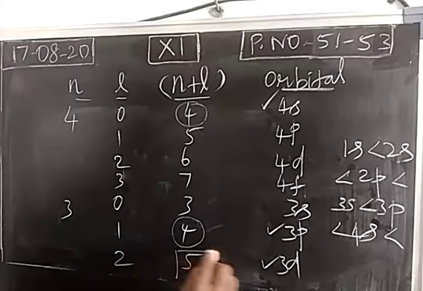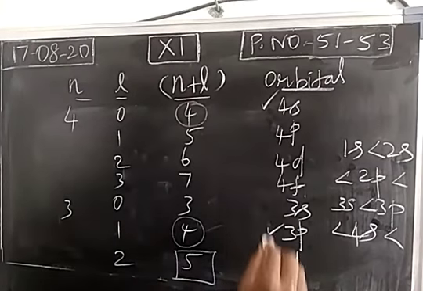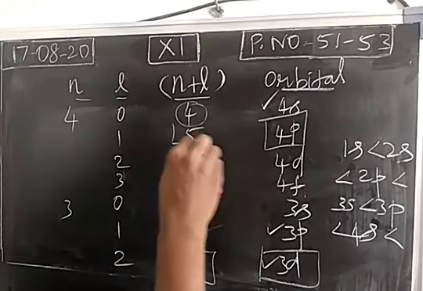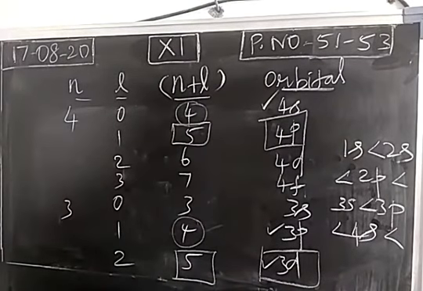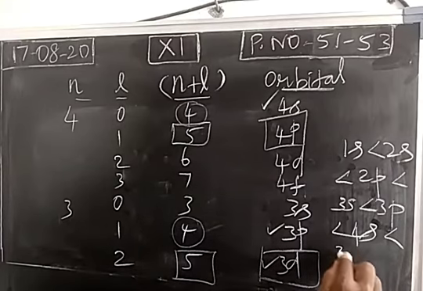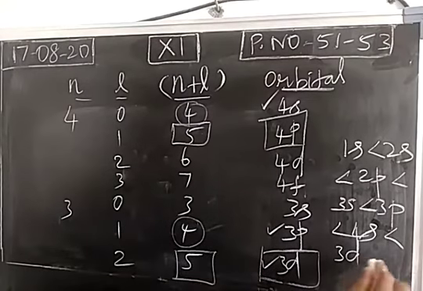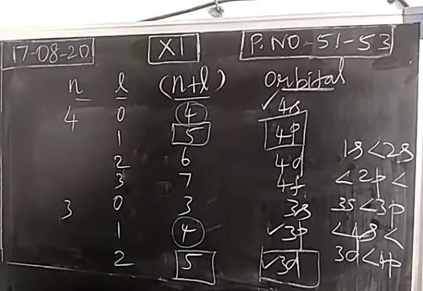For the 3d orbital and 4p orbital, the n plus l value is equal, but this has the lower principal quantum number. So 3d has more energy than the 4s. Right. After that 4p. So like that we may arrange the orbitals. Okay.